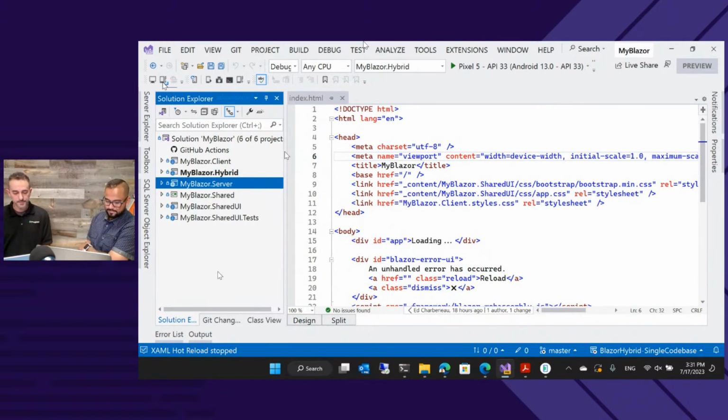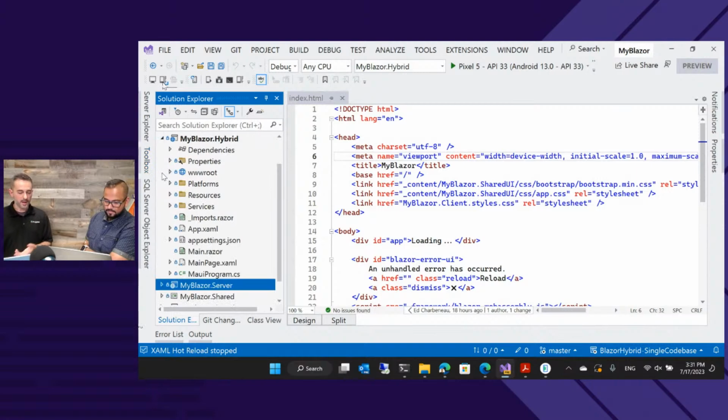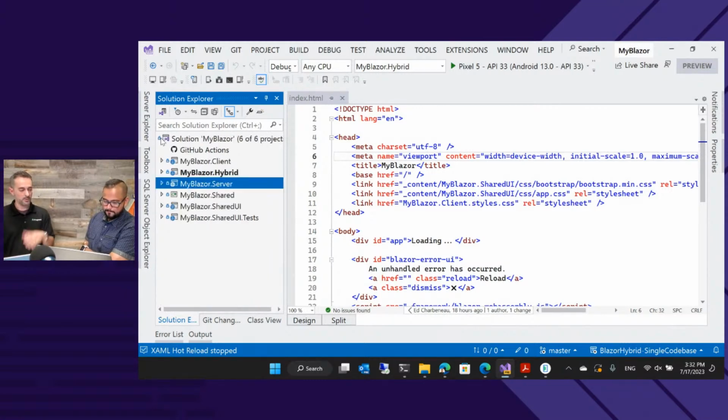Fantastic person. So if you look at my Solution Explorer, I've got Blazor Client. This is my web client. So this is going to be the web application that runs in the browser. I've also got a Blazor Hybrid app. This is the one that runs everywhere else, desktop and mobile. So is that a .NET Maui app? This is, yes, a Maui Blazor Hybrid app. Yeah, glad you mentioned that, because you just talked about WPF and how it doesn't have to be a Maui app.